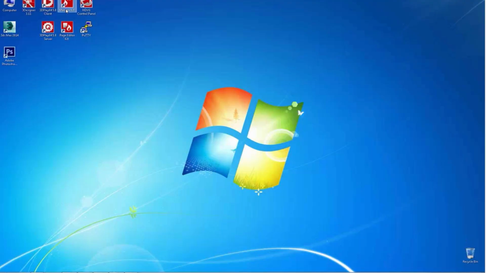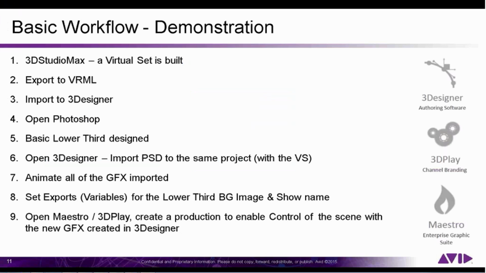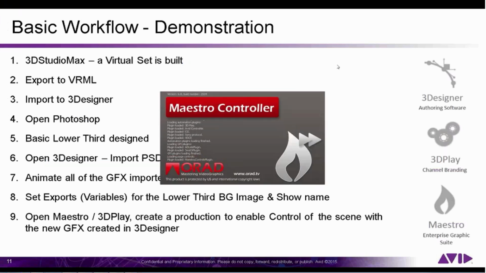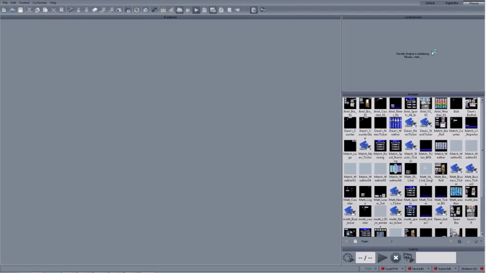Next, we would go to Maestro and go through the same process. Double-click on Maestro. And in order to log in, I would need to use the password, which would be Maestro. And here we go. Now that the render engine is loading,